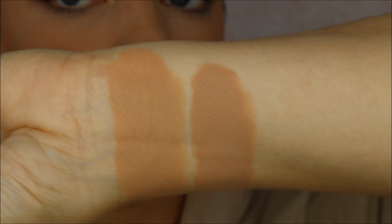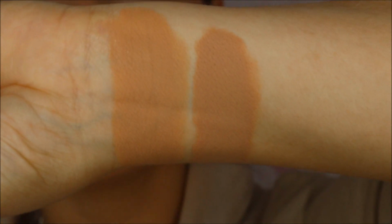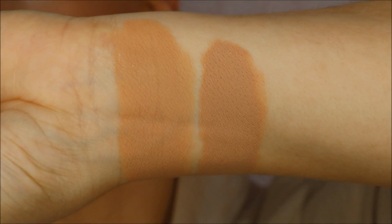Let's have a close-up look and see. So, can you see that? I'd also say what a phenomenal match, which has confused me because, again, we'll look at these swatches. Both these foundations match me really well, and I think on camera they're looking a closer match than they are